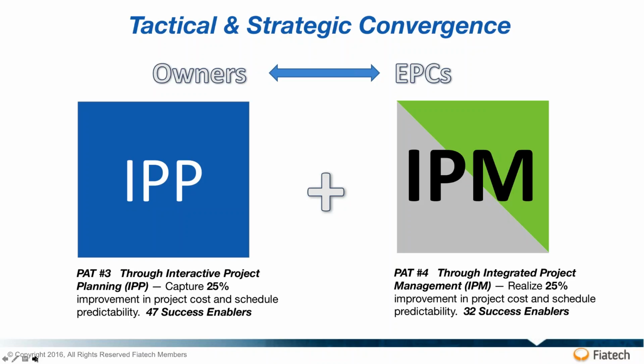So there's a distinction here, but I'd like to make the point that this may at some point be combined. Interactive project planning is something that can be owner driven, because right at the onset the owners need to say, we need to get everyone together and talk about our project that we're funding you. Here's what we want you to do. Here's what we want you to deliver. Here's how we want you to migrate all of these observations and activities into executable form. So there's a blur between what interactive project planning is and what integrated project management is, but the blur is based on the vantage point of the owners versus the EPCs.